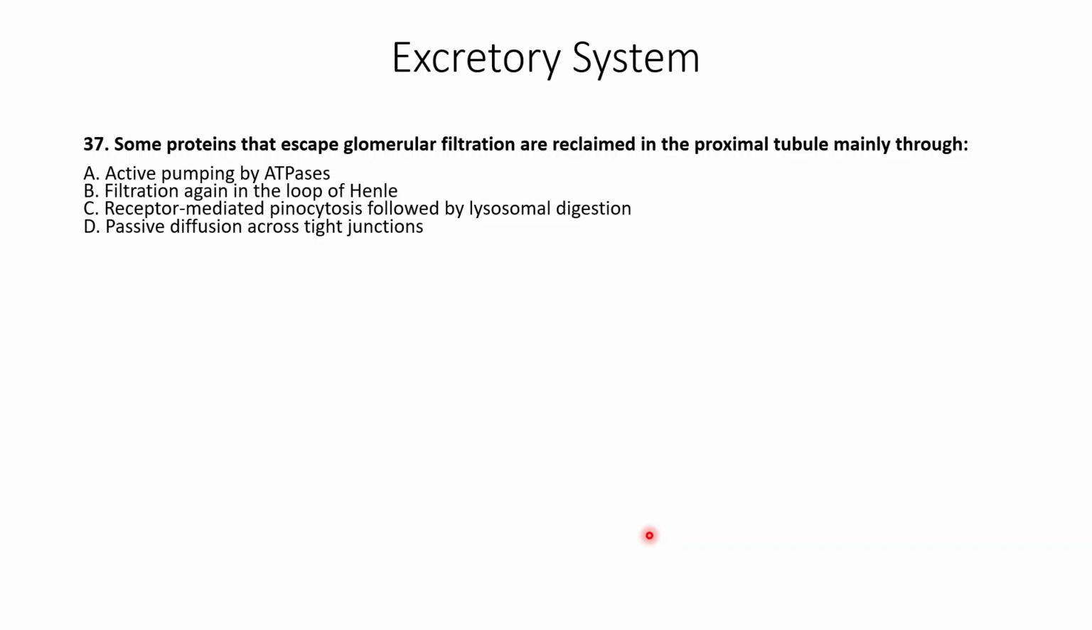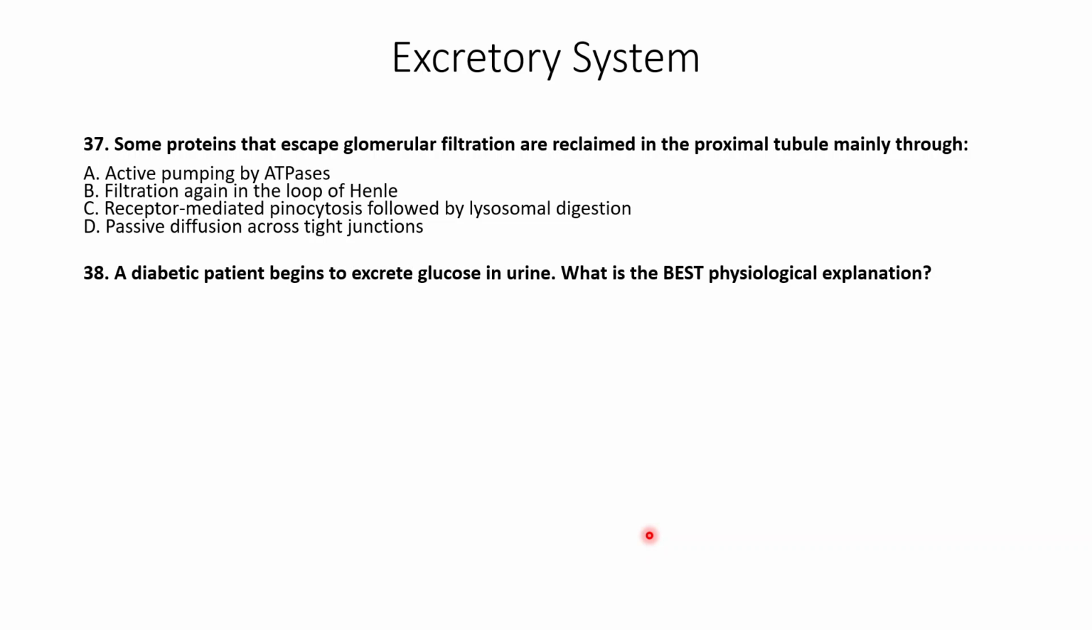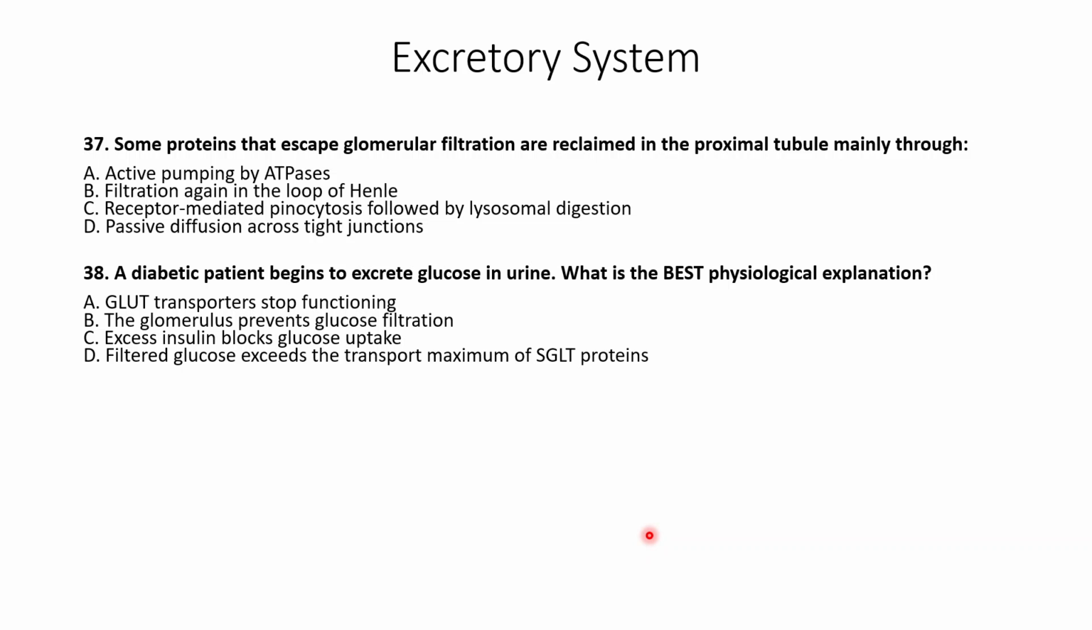Okay. All right. Another question. So imagine there's a diabetic patient who begins to excrete glucose in urine. You guys have heard of this phenomenon, right? Where patients who have diabetes mellitus can have glucose in their urine, and this is abnormal, right? You shouldn't have excess glucose in the urine. So you can actually diagnose people or at least send them for more tests if this is a preliminary finding. So what could be the best physiological explanation for this? If you guys think about it,